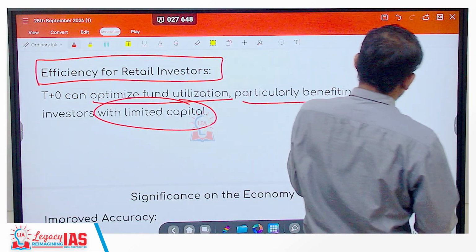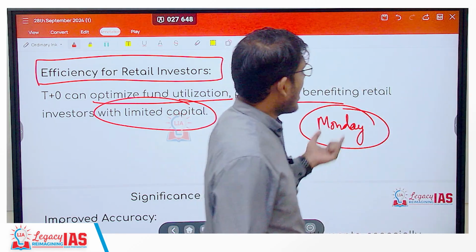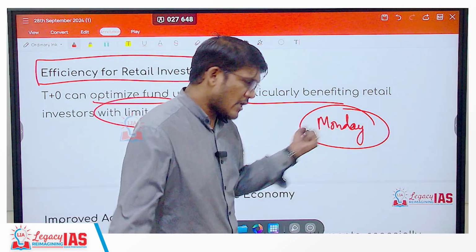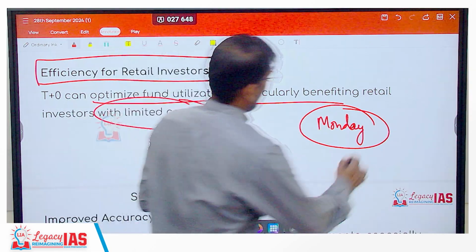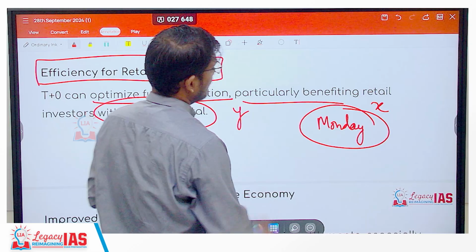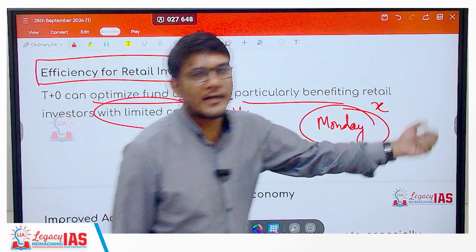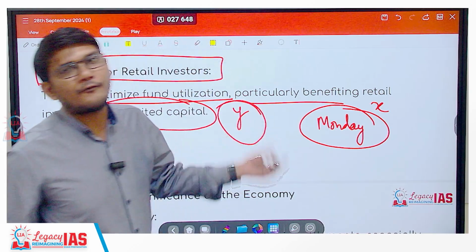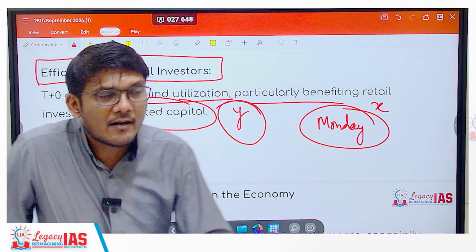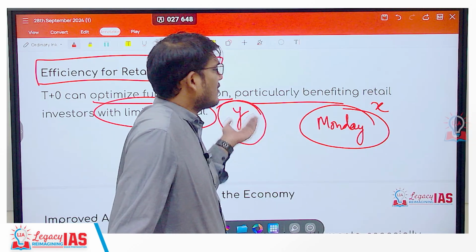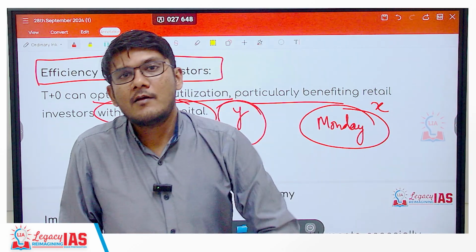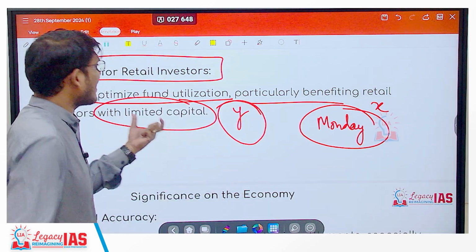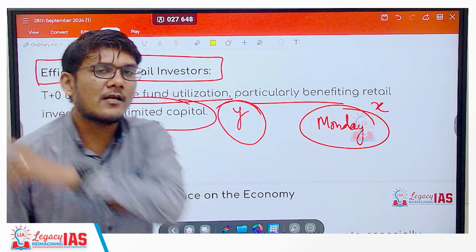I trade it on Monday, I try to sell it on Monday, I get the amount later on Tuesday. I wanted to take money from here and invest in some other stock. I wanted to sell X stock and invest in Y stock. Now I sold it here, but I am not getting the funds right away. I am getting it later. So by that time, the price of the stock would be different. It would have gone up. XYZ thing would have happened. And you will ask, then please invest another money. But I have limited capital. I want to utilize the same capital. I don't have extra capital. So for people with limited capital, this becomes very, very important.